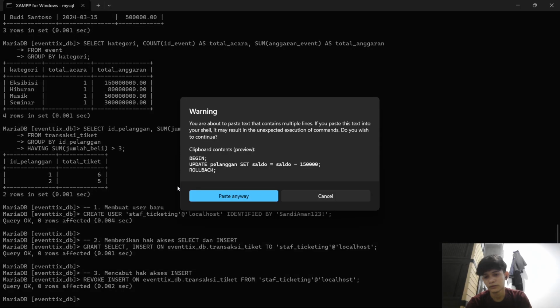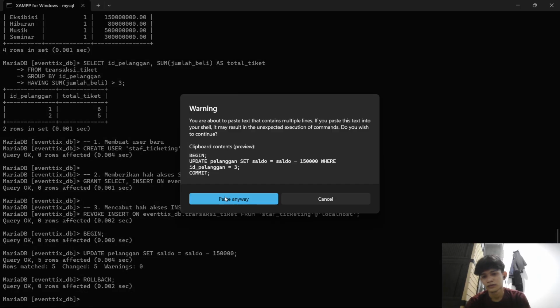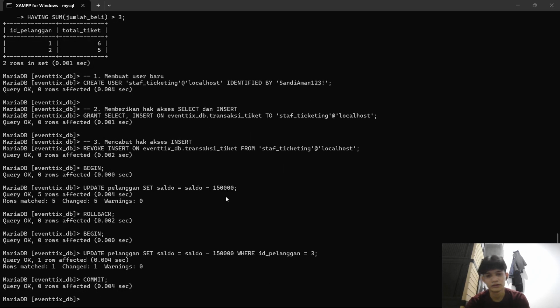We started the session with begin and we use rollback to cancel it and prevent data corruption. Let's go to number eleven.